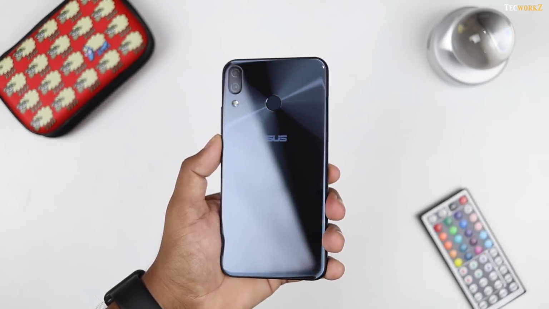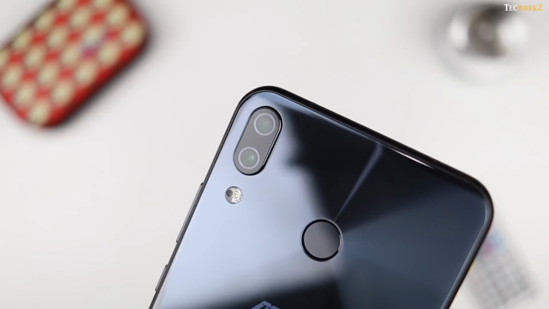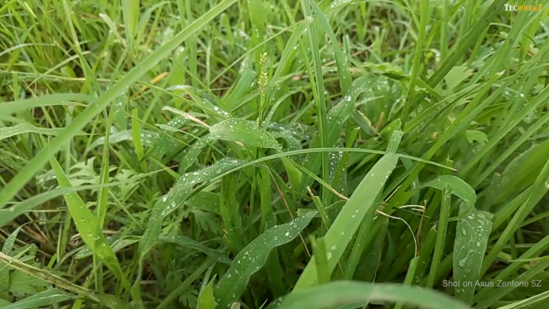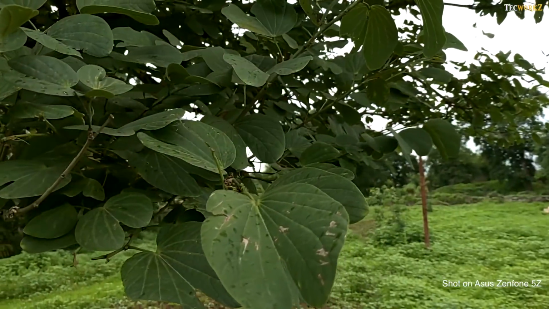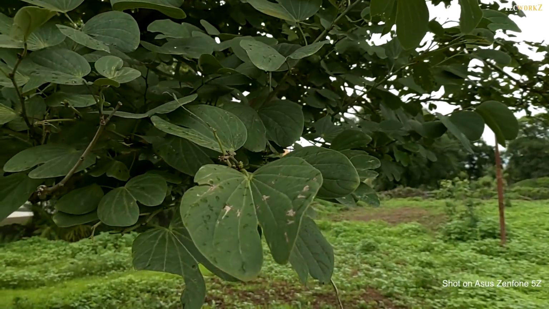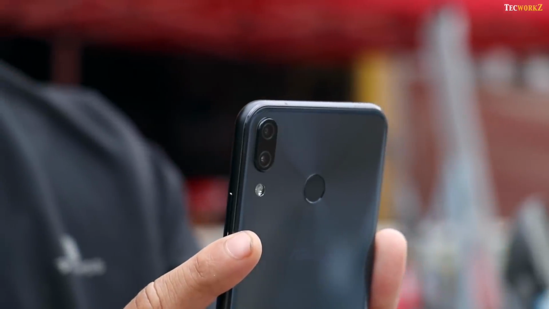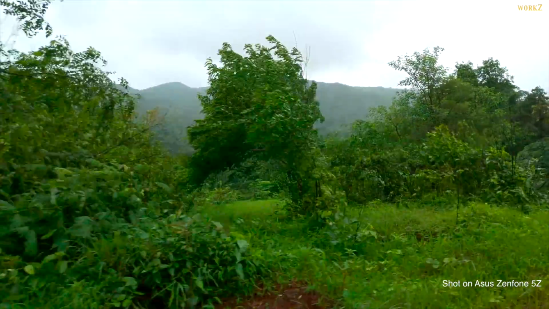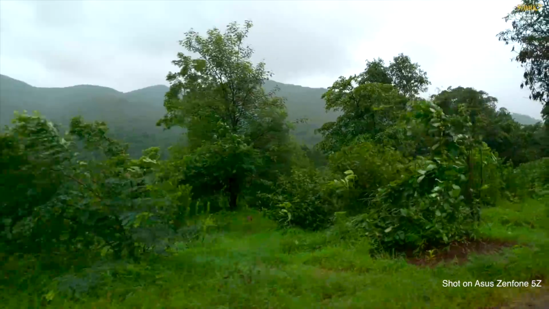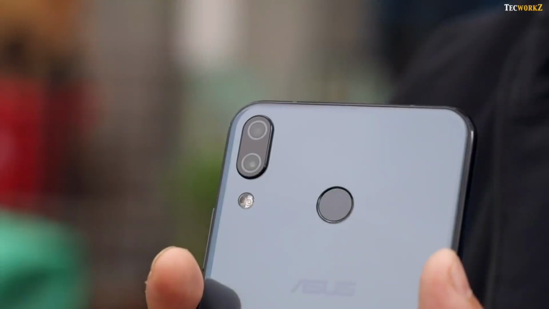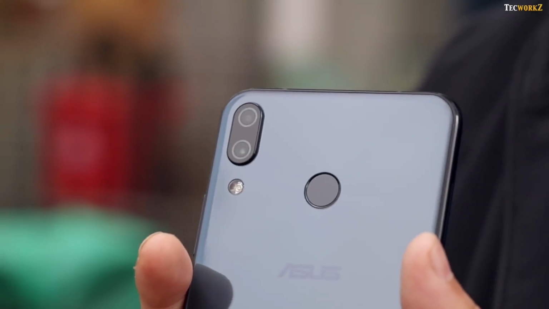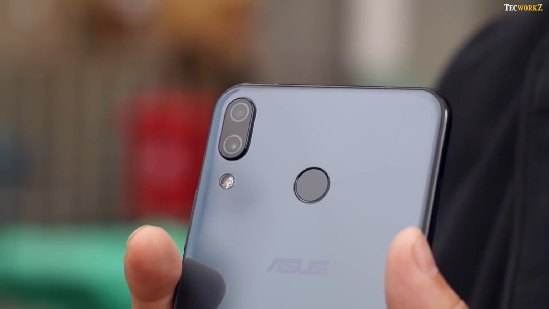In this video, we will take a detailed look at the dual cameras on the Asus Zenfone 5Z. In my city, it has been raining for the entire time that I have had this phone. Now this phone does not have any IP rating and Asus did not mention anything about it being splash resistant. But I still took it out on rainy days to get image samples since I wanted to get this video out for you guys. Just like any other flagship, Zenfone 5Z comes with a dual camera setup at the back.